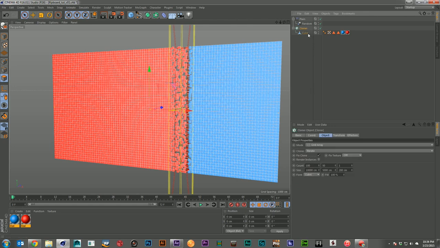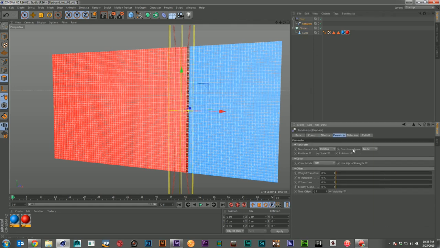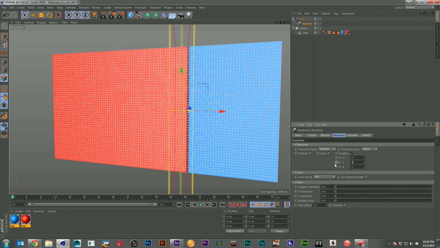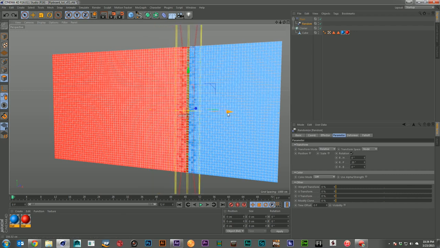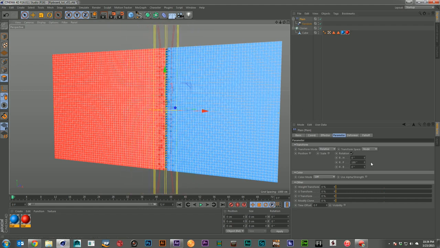But our random is right now set to positions which we don't want. We're going to want to have it move a little bit in the same direction. And let's go ahead and get that lined up a little bit there with our planar effector. There we go. Now we've got a little disruption happening along the line, a little ahead of it and a little behind, so it helps break it up, make it look a little more natural.